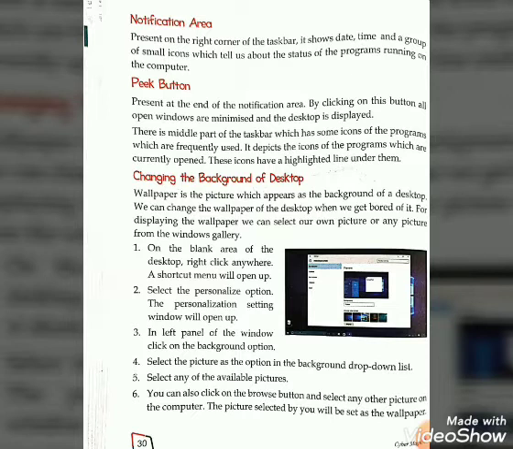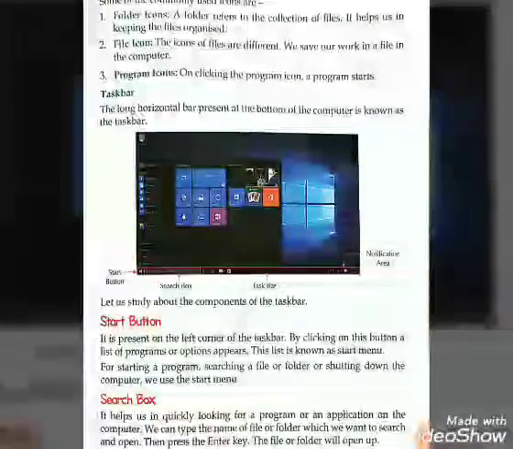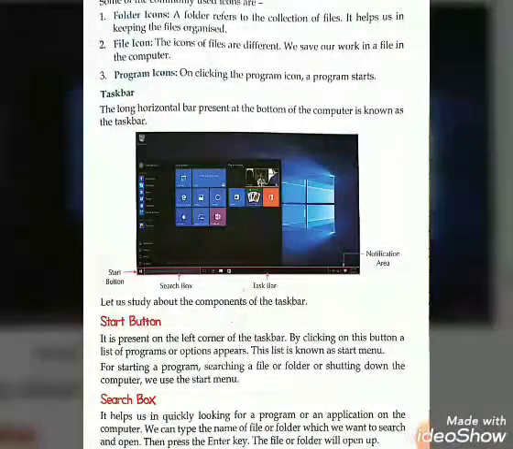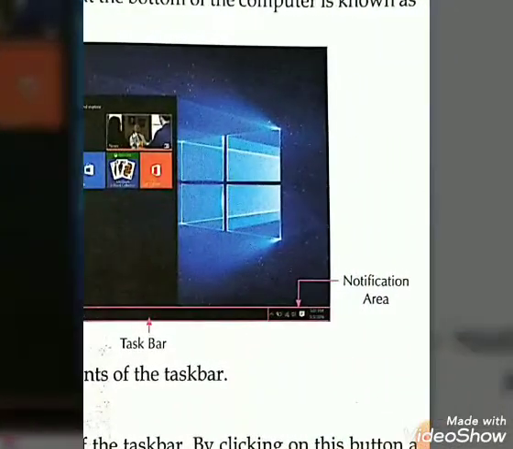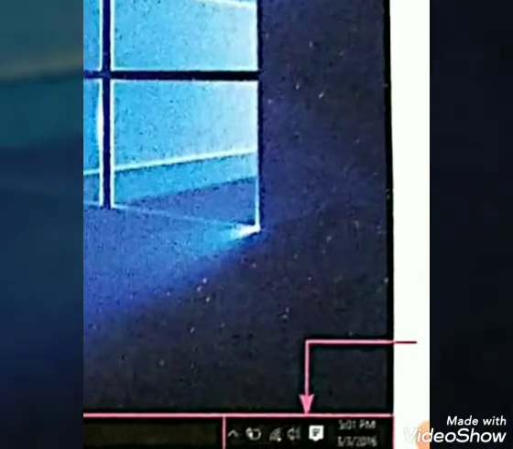Now the last topic, today's last topic, is the peek button. It is present at the end of the notification area. Here you can see the notification area, and at the end of that is the peek button.